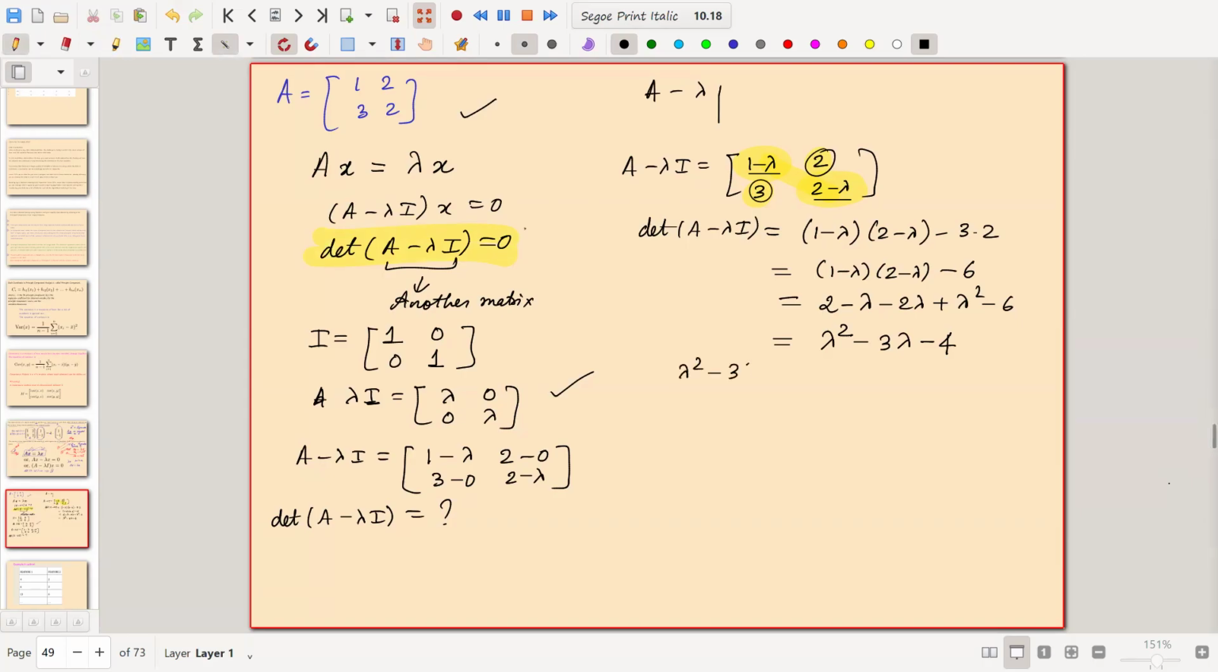Lambda square minus 3 lambda minus 4 is equal to 0. So what we get from here? How can we solve this? Any ideas? So lambda equals to, I hope you remember the quadratic equation: minus b plus minus root over b square minus 4ac, divided by 2a. So that is 3 plus minus